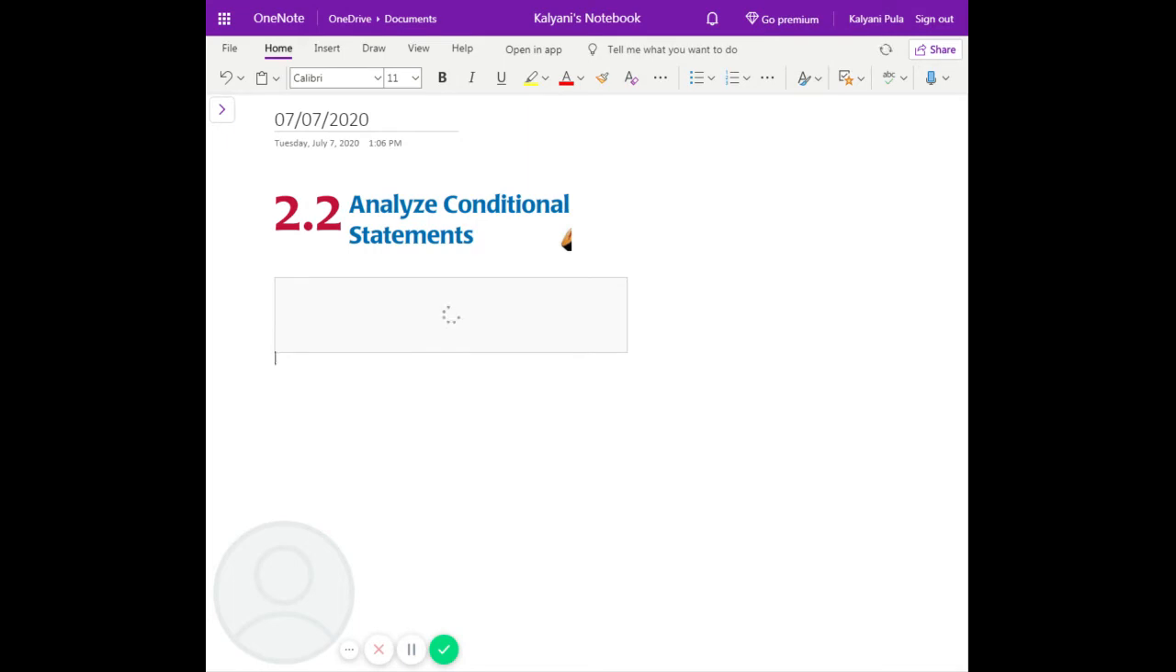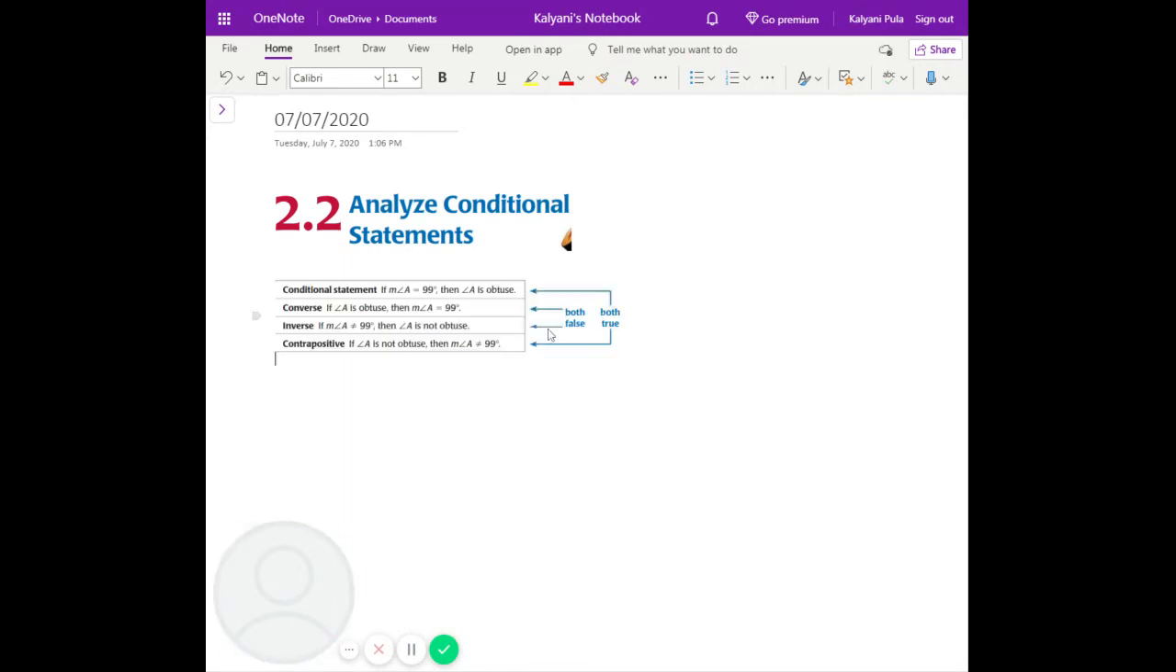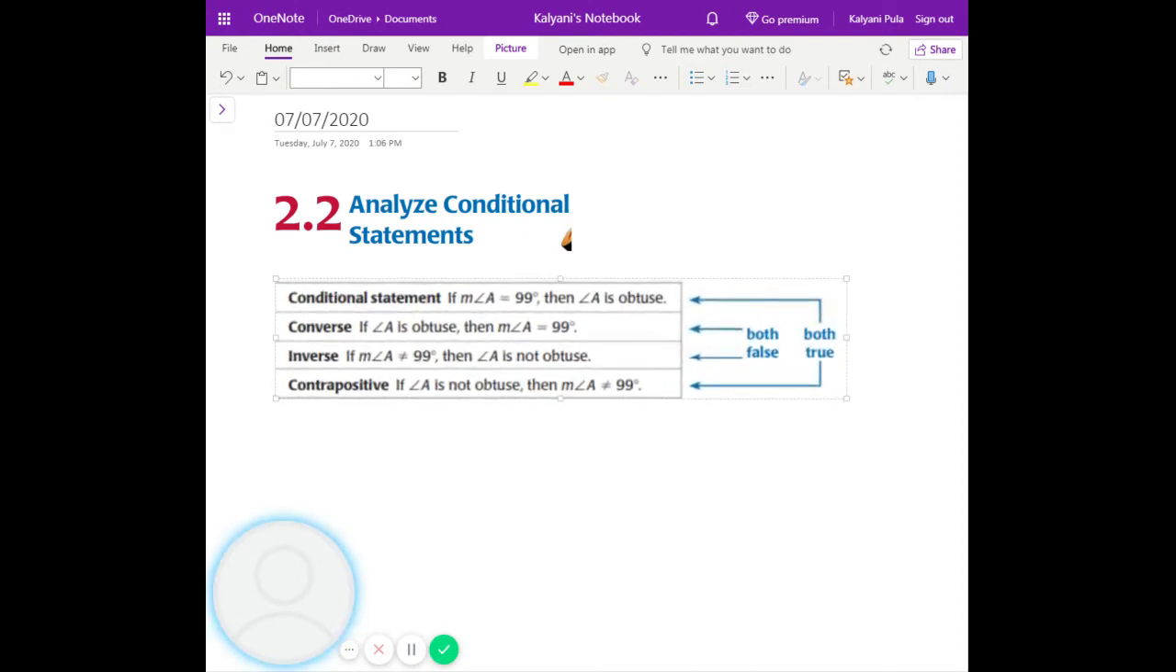Okay. Oh, it's still loading. Oh, there we go. So if you look at it,